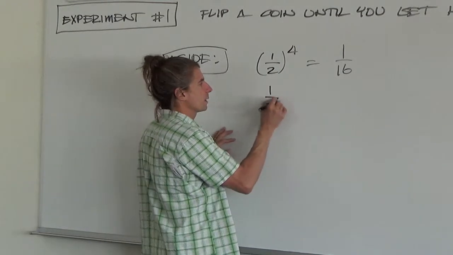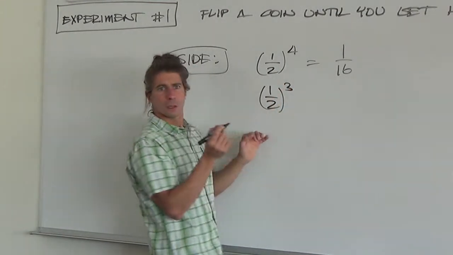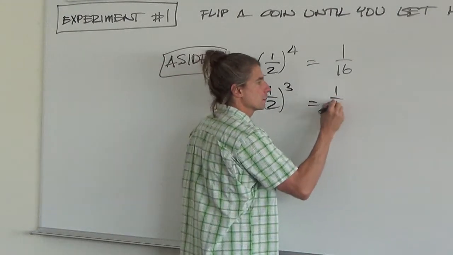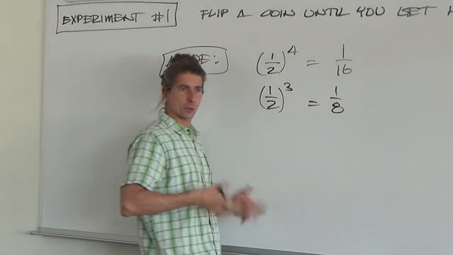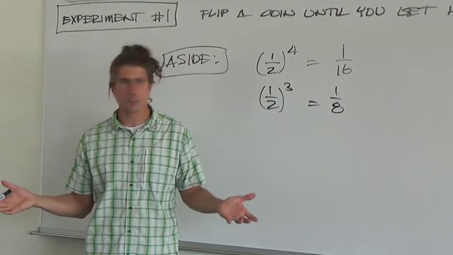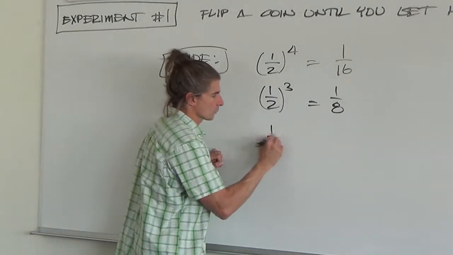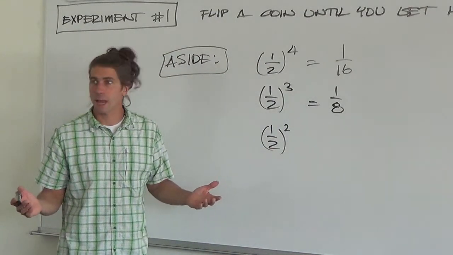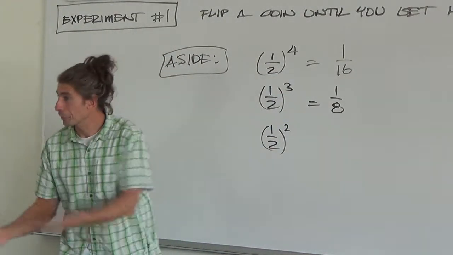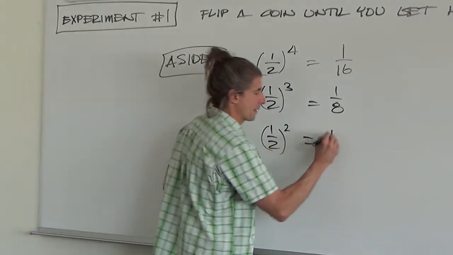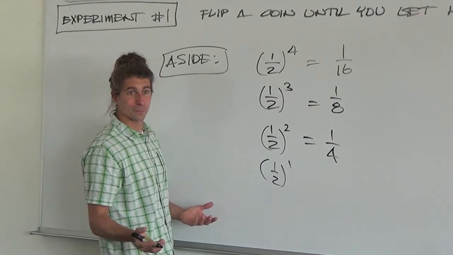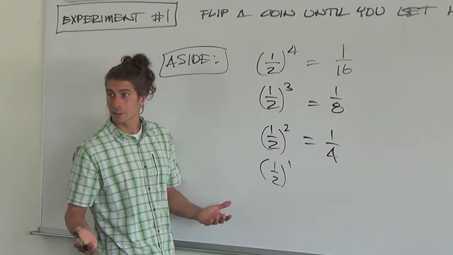And then a half cubed, I don't think anybody had any problem saying that was what? A half times a half is a quarter, times a half is an eighth. A half squared, I don't think anybody had a problem saying a half squared is what? 1/4, exactly, a quarter. And then a half to the 1st power, I don't think anybody thought that was anything except